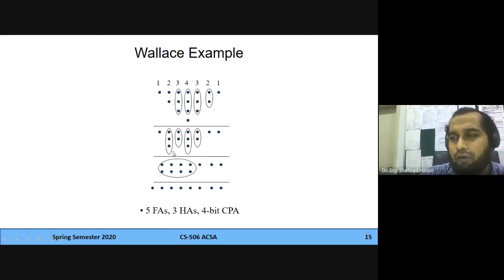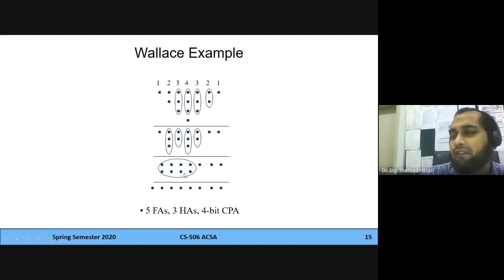It shouldn't be 4. If we hadn't used this full adder, this would have been a problem, because if there is a 3-bit and we are not using a full adder at this point, then 1 bit is going to come from this point over here. So 3 plus 1 would make it 4. So 4 remains 4. That's a problem. So we should use a full adder at this point over here, right? So from 4 it has reduced to 3, and then we have used 2 full adders and 2 half adders to obtain